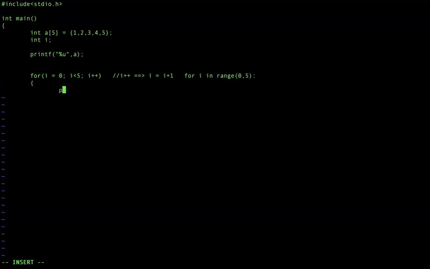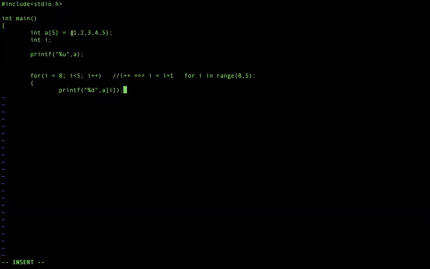So I'm writing the for loop to print each element, %d a of i. So this is how I print array elements. Now tell me what is i here? Index number. Yes, it is the index number. i is the index number. So it will print a of 0. Again, the for loop will repeat. i will be incremented. This time a of 1. Again, it will go to the for loop. This time a of 2. Next a of 3, a of 4. So it will print like that.